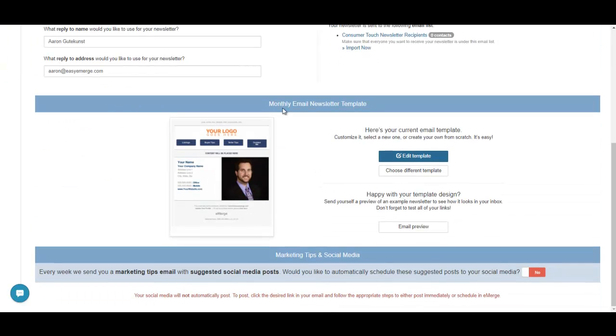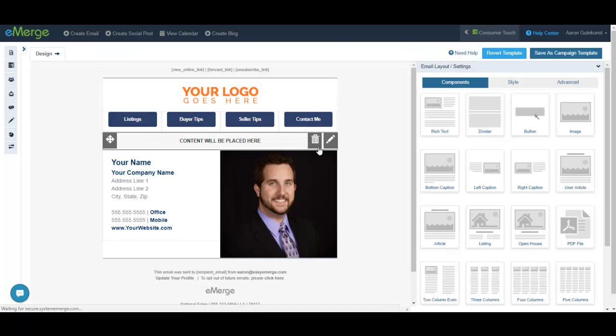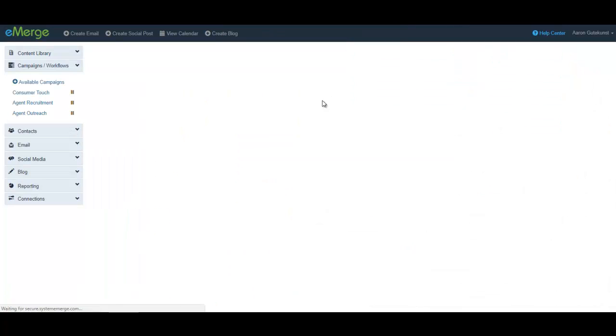In this middle section, your monthly email newsletter template, you can see the template that is currently selected for your newsletter. In this section, you can also go in and edit the template or choose a completely different one. If I were to edit this template, it will pull up the template inside of my email builder, where I can make changes to it. I can always jump right back to that campaign settings page, or I can save the campaign template and therefore save the changes that I've made. So I'm going to jump back to the Consumer Touch campaign page,